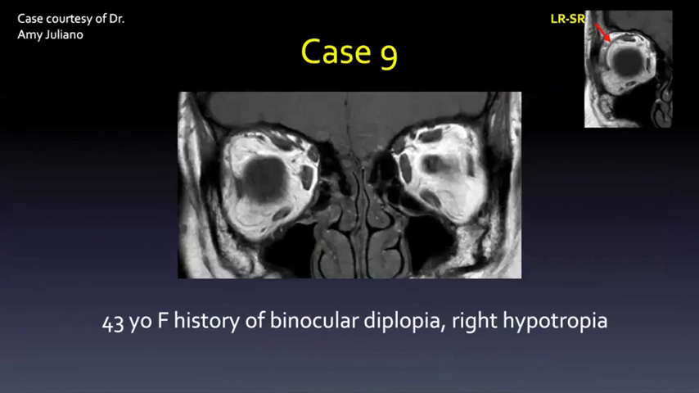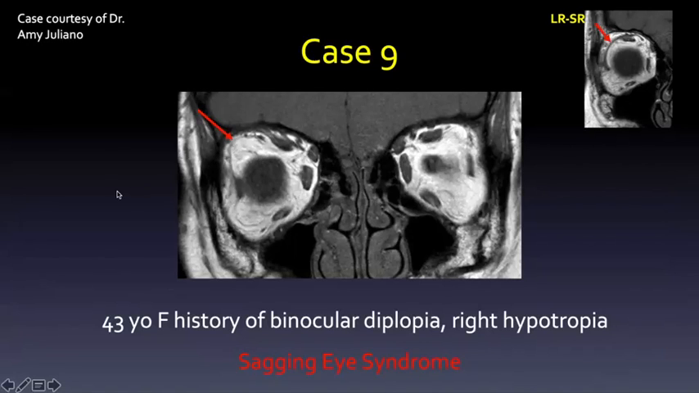The next case is a 43-year-old female with history of binocular diplopia, right hypotropia not mapping to a cranial nerve pathway. Here you can see the LRSR band. That fibrous band connecting the lateral rectus and superior muscle complex is bowed superolaterally, and there's medial deviation of the superior rectus and inferior deviation of the lateral rectus muscle, suggestive of sagging eye syndrome, which results from weakening of